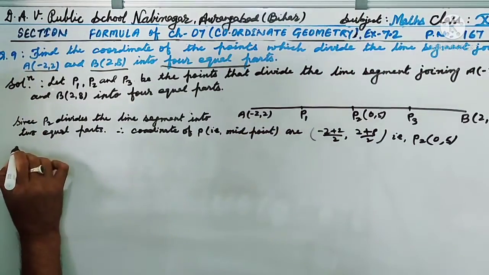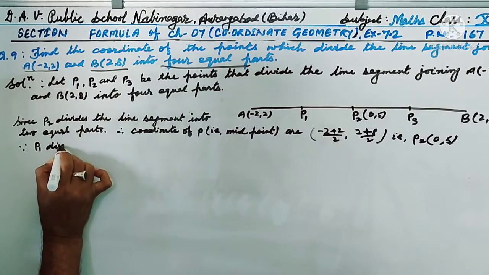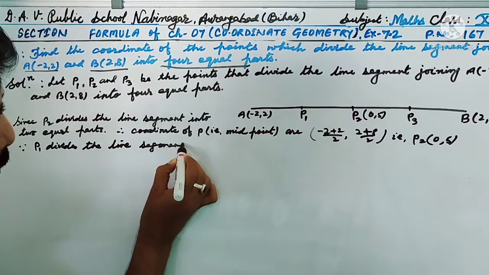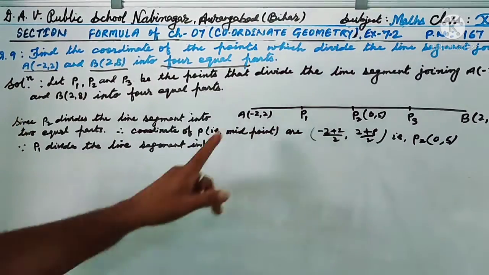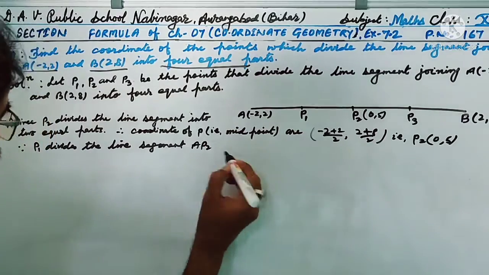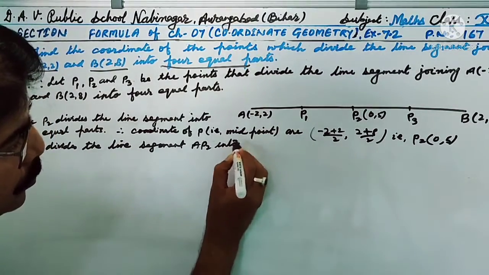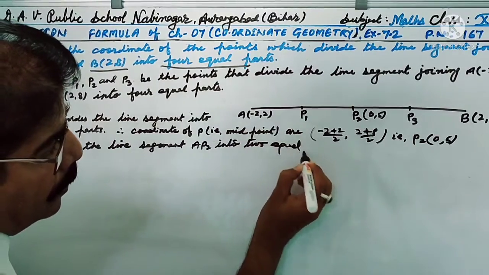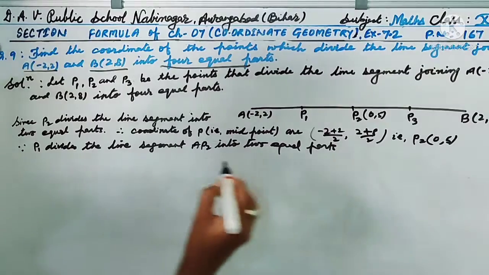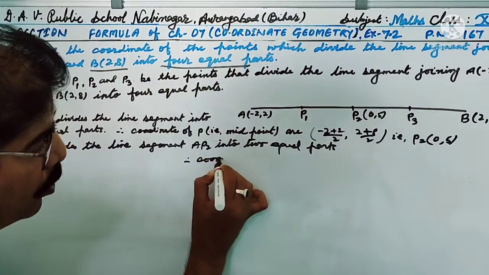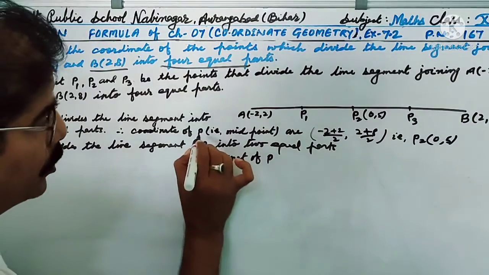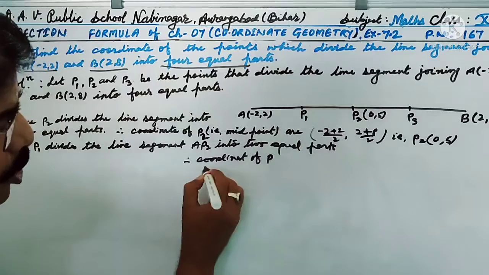Now P1 is the midpoint of A and P2. Since P1 divides the line segment AP2 into 2 equal parts, therefore the coordinate of P1, sorry, here P2, the coordinate of point P1,